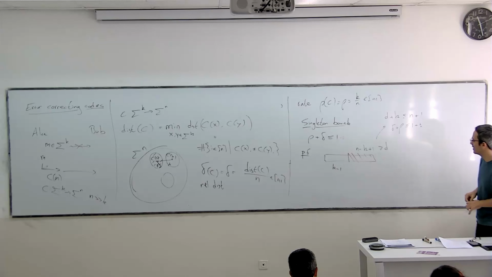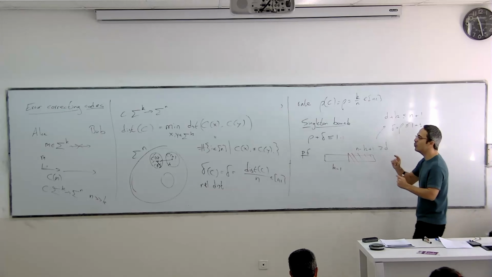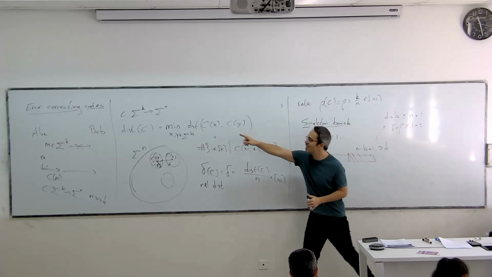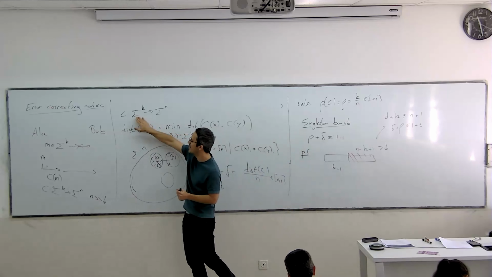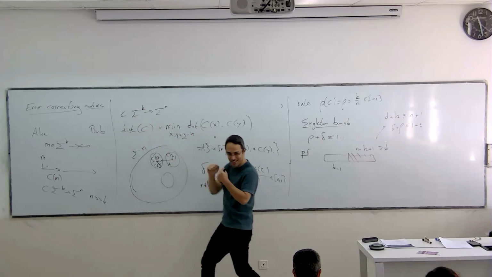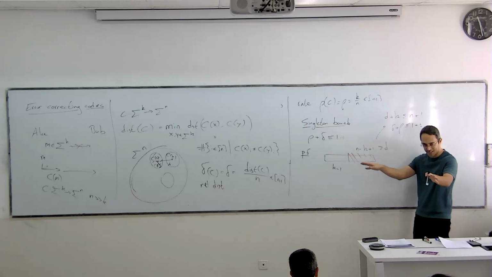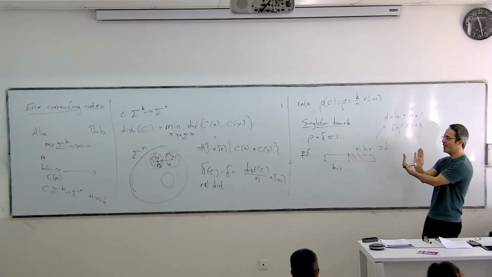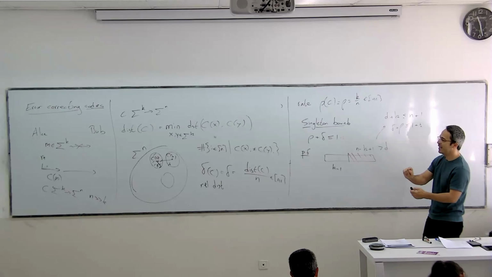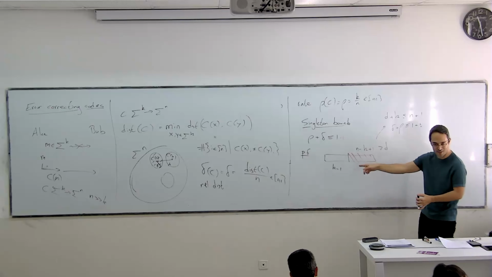Why did you choose k minus 1? Why not k? Because I want to enforce a collision. So I'm sending sigma to the k, when I say sigma to the k, I mean the size of the set, sigma to the k things, to sigma to the n. So they are going to be spread around. But if I'm looking only at the first k minus 1 coordinates, there are more things I'm sending than things